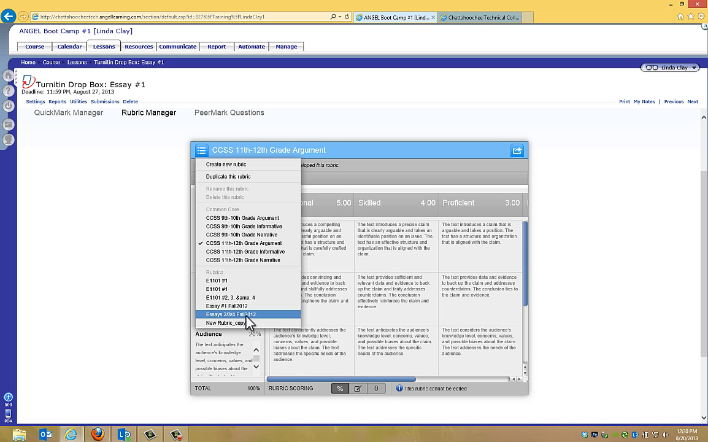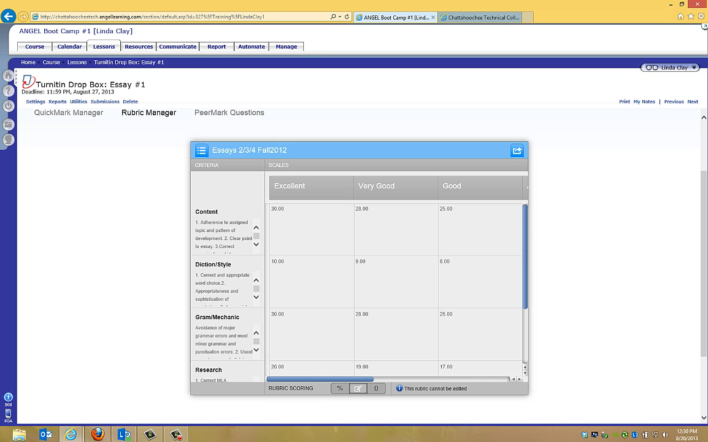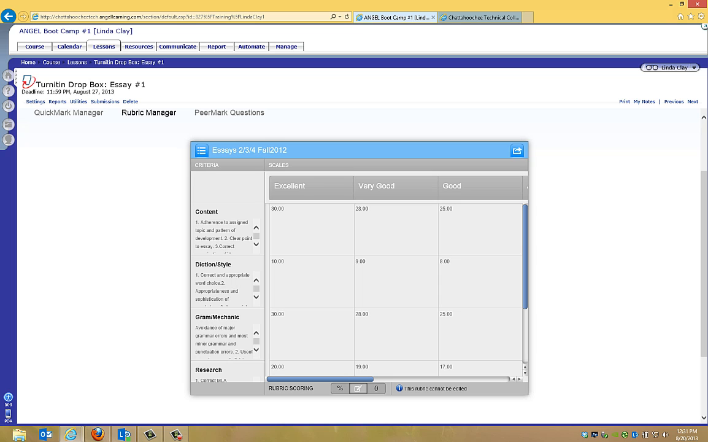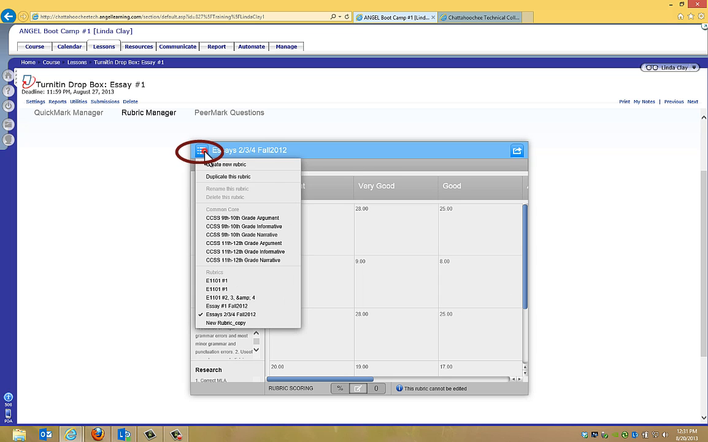Let's choose one of my own rubrics. And notice that we're told this rubric cannot be edited. That's because I've already used this rubric to grade an essay, so if I want to make changes to it, I have to duplicate it. I click this button again, and I click Duplicate this rubric, and I can then make whatever changes I want to the duplicate. If you want to create a brand new rubric, you click this button and choose Create New Rubric,